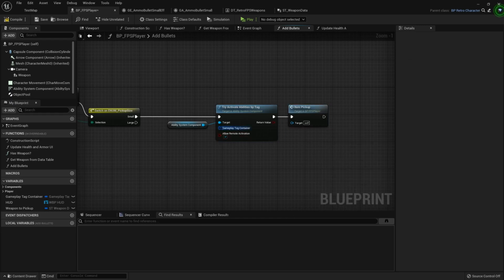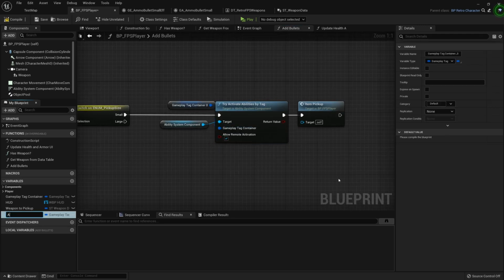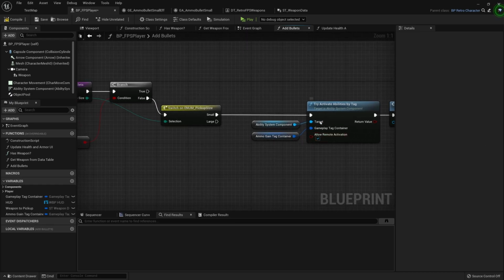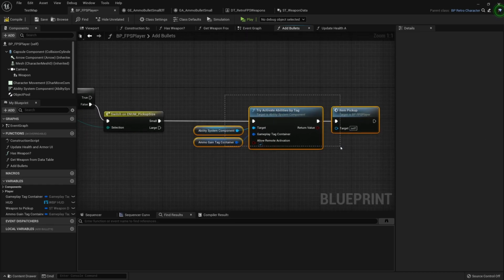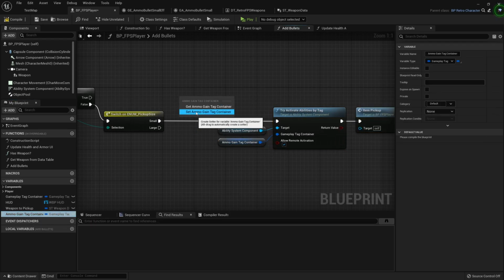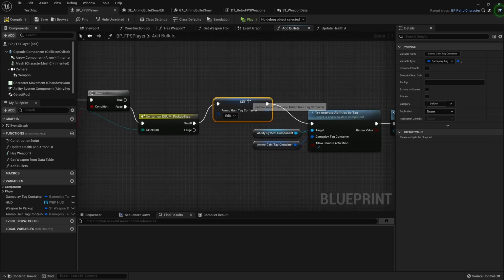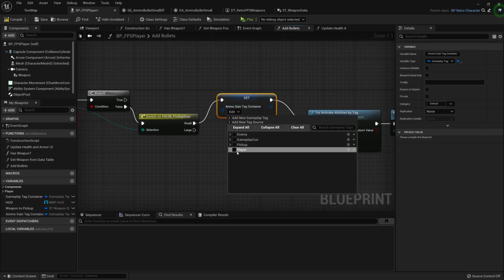All right, so we need to right-click the gameplay tag container here, and we're gonna promote this to a variable, and we'll just call that ammo gain tag container. But right before we fire this, we'll need to set it. So if you drag in that ammo tag container, we'll just set this to be something that we figure out in here.